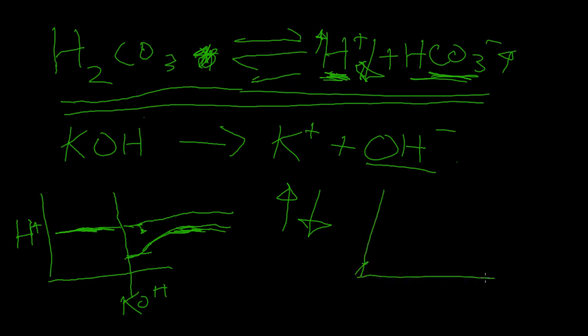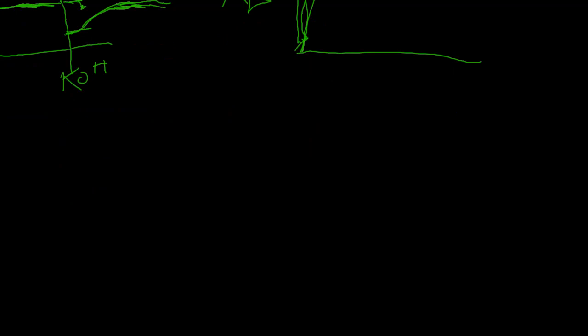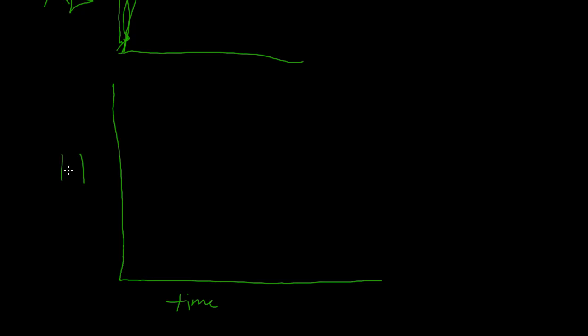So once again, on a graph, I should try to keep this straight. Why don't we just go to a graph of time versus, let's draw it out, a straight line. So time down here, H plus concentration over here, and let's even imagine that we just add H2CO3 to begin with. Let's go through it. So if we just add H2CO3, the first thing that's going to happen is it's going to go very quickly. A lot of H plus is going to be formed, and then it's going to level off